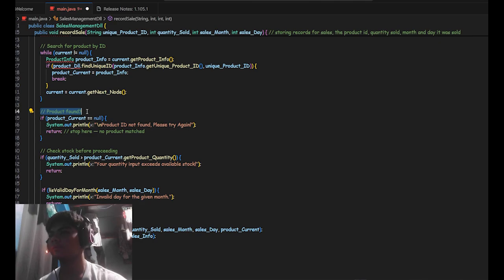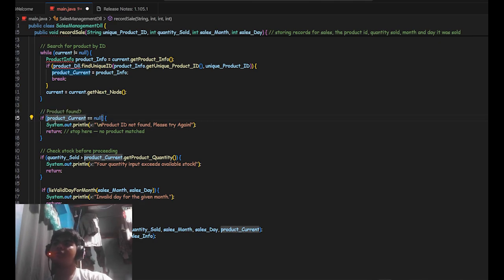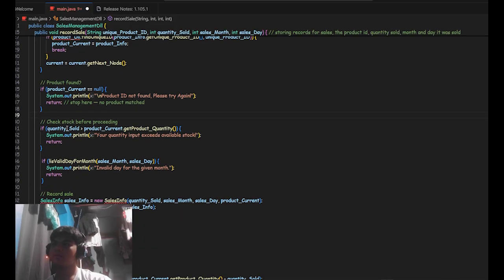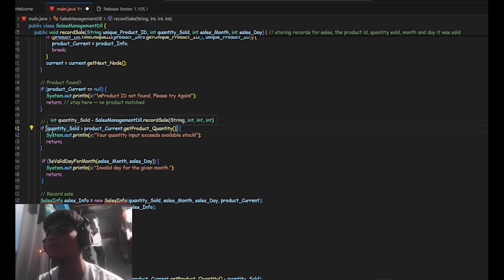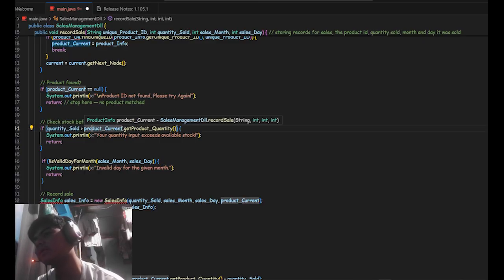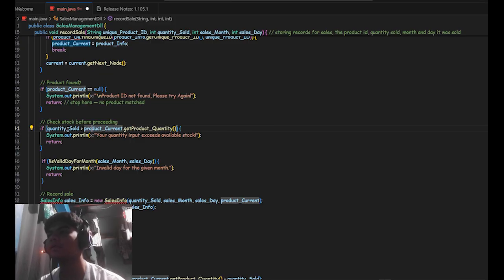Then this if statement checks if the product is found. So if product current is equal to null, then the product ID was not found. And then check stock before proceeding. So if the quantity sold is greater than product current that get product quantity, then it will print that your quantity input exceeds the available stock.